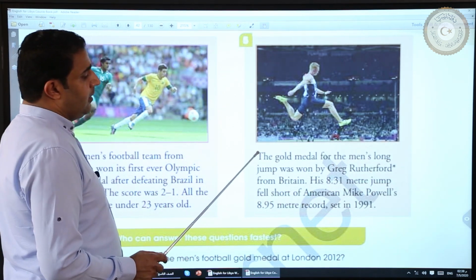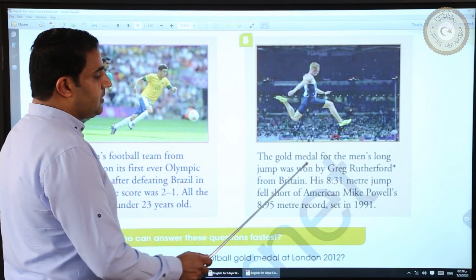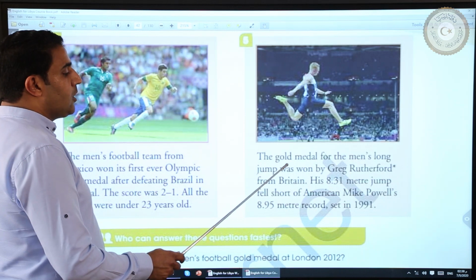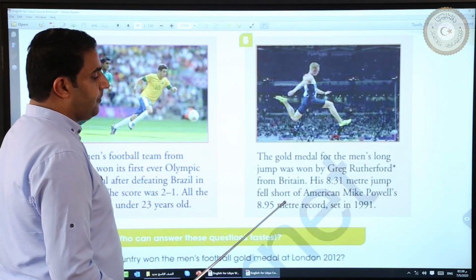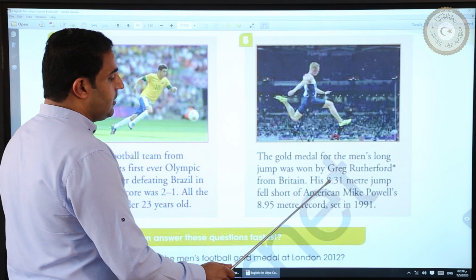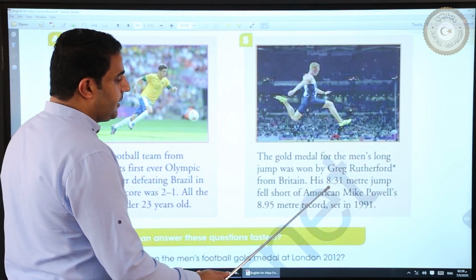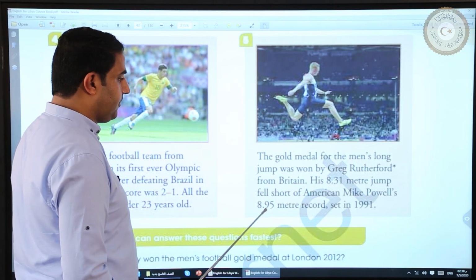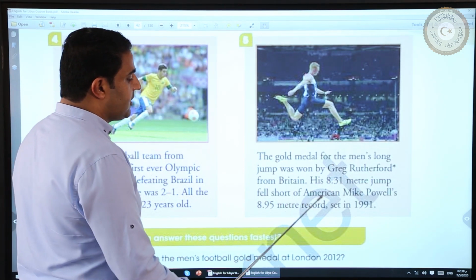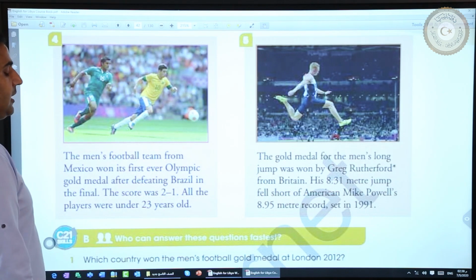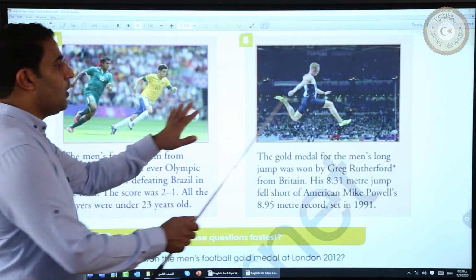Number 5. The gold medal for the men's long jump was won by Greg Rutherford from Britain. His 8.31 meter jump fell short of American Mike Powell's 8.95 meter record set in 1991. Okay, so as we have read the texts here and we know what the pictures and texts are about,